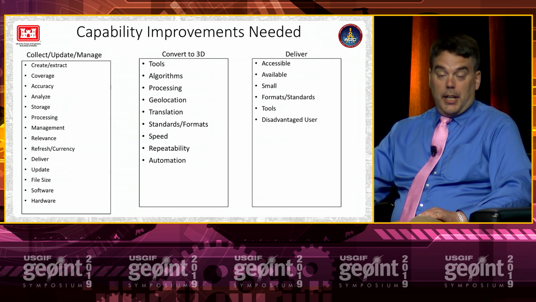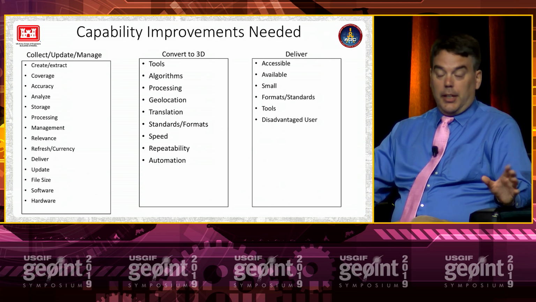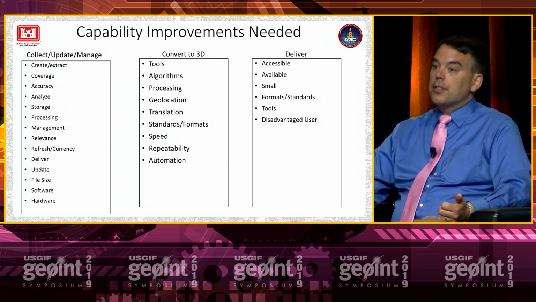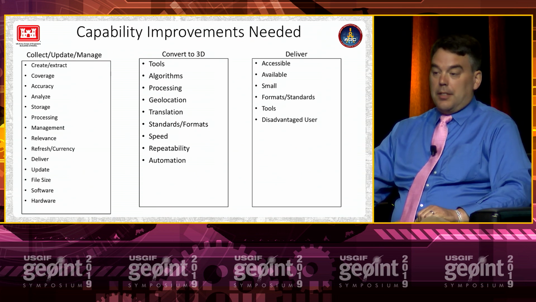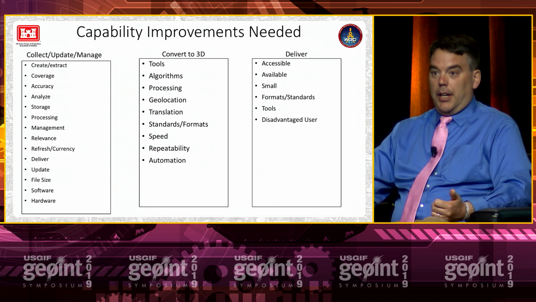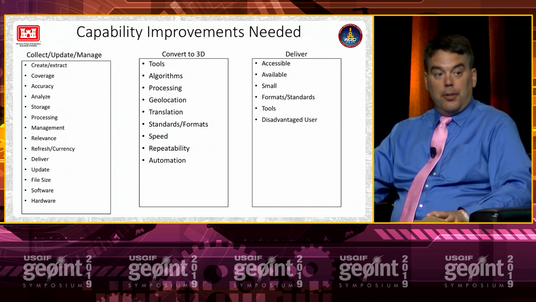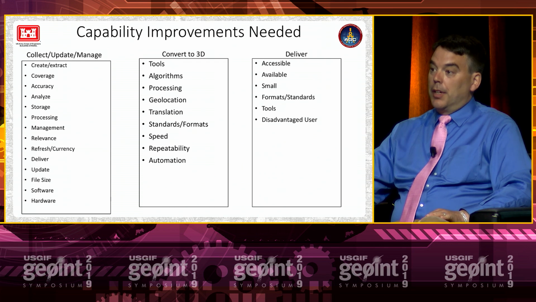Converting data to 3D from 2D, or taking 3D data and processing it into data that's available in training systems, that's a huge challenge. These guys both talked a little bit about the current processes, still a lot of human in the loop. It still takes a long time to do that work. So I think we need a lot of help in how to convert and either go back and forth or support geospatial systems and modeling and simulation systems in 3D.